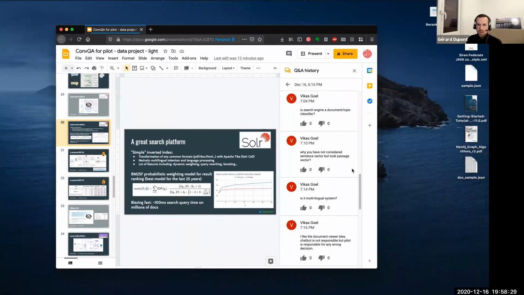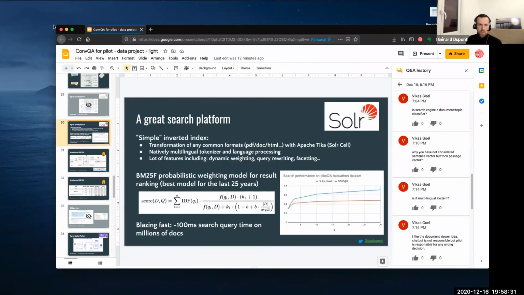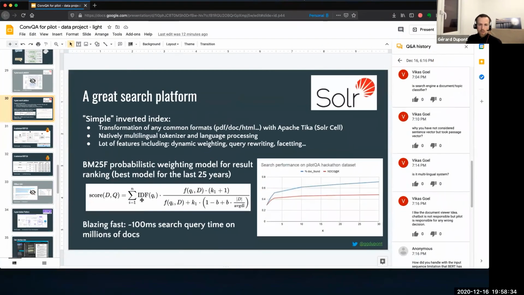Well, TF-IDF and BM25 are close to one another, that's for sure. There is the term frequency and the inverse document frequency. I can share my screen very quickly. It's a bit small, but you can see it. So there is the inverse document frequency here and the term frequency here. But the terms around are actually parameters that allow you to shape the score in a probabilistic framework. So that doesn't change much, but TF-IDF is a pure score.